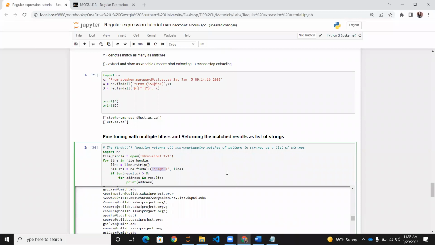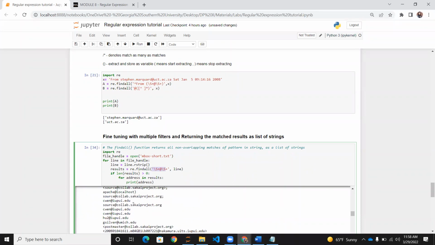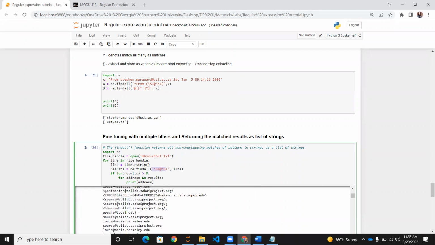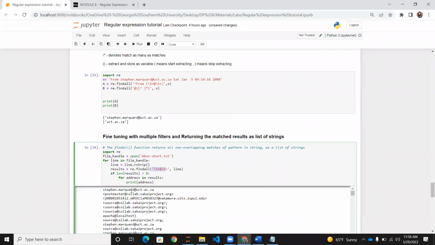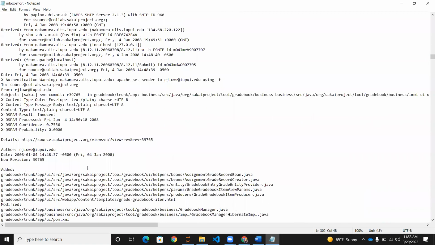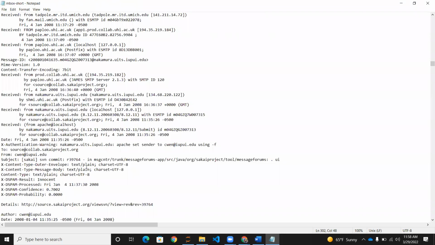Non-empty space. That is the meaning. And then the at symbol should be there in the line. Wherever you see the at symbol, that means wherever you see the email pattern, just extract that. And wherever you see the empty space, non-empty space, empty space, stop that searching. That is the meaning of this. So if you open this big file, wherever there is an at symbol that is continuous without any empty space,